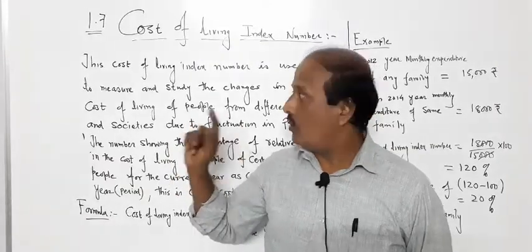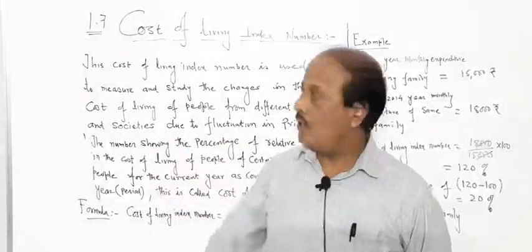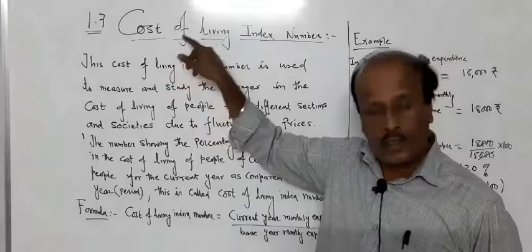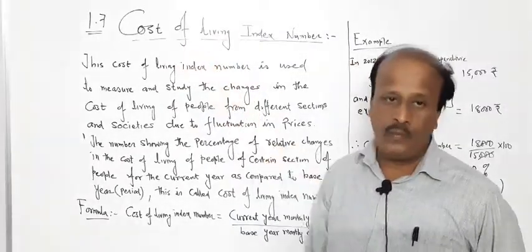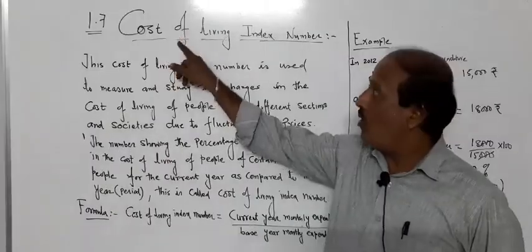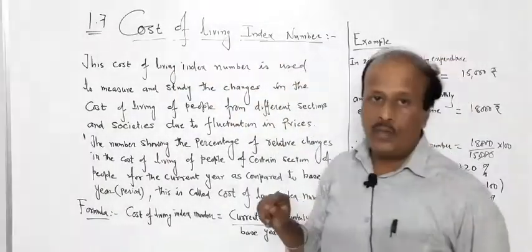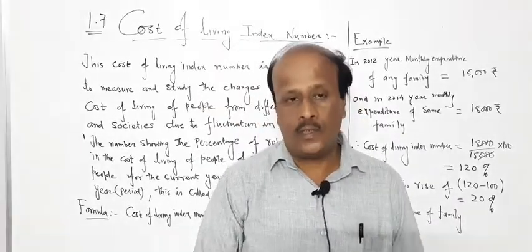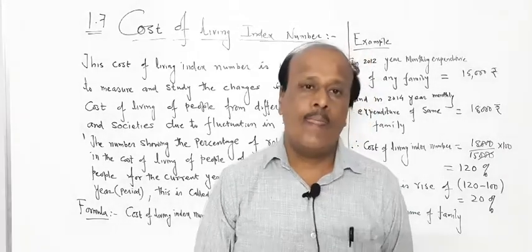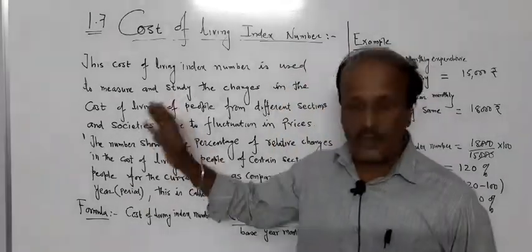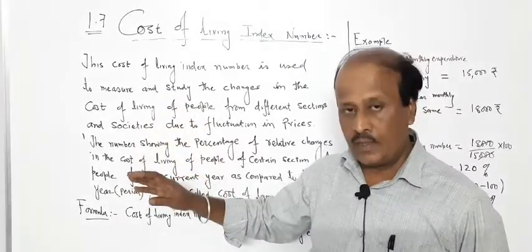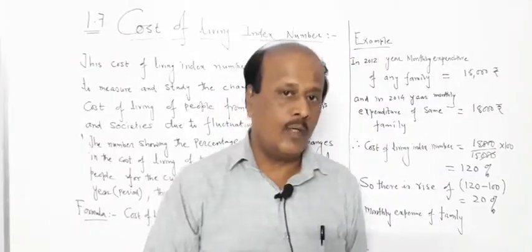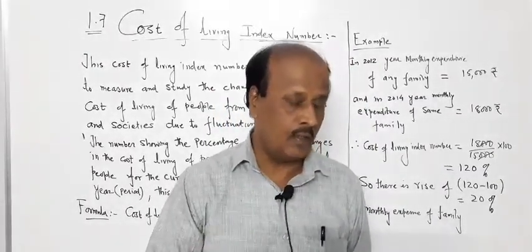Now today, just for introduction purposes, I am going to start one more topic. It is a theoretically very important topic. In our day-to-day life also, this topic plays a very important role. What is that topic? Cost of living index number. You know that if there are changes in the prices of items or of different variables in the market, then the cost of living index number changes for a people, a society or any section. The cost of living index number tells about the people's expenditure, how they are going to spend.